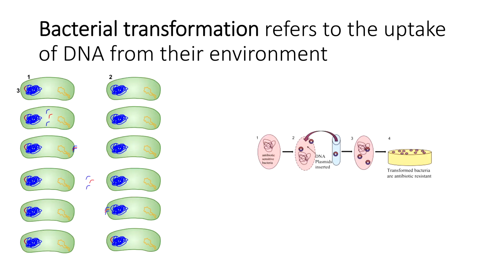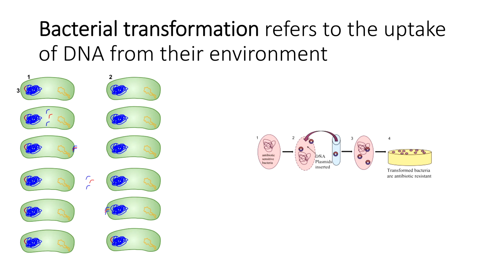When talking about the different mechanisms of horizontal gene transfer, I like to start with transformation just because it's kind of the most straightforward. So all this is basically taking up DNA from their environment. So it's not from another cell, it's just out there floating around for some reason, and the organism can take it up. So this can be segments of DNA, or it can also be whole plasmids that have been released